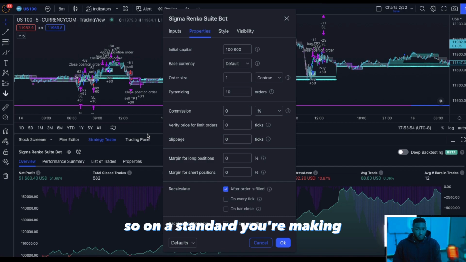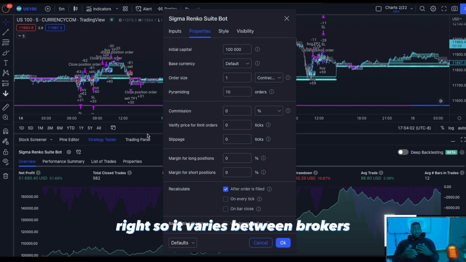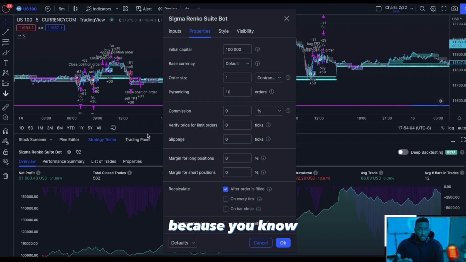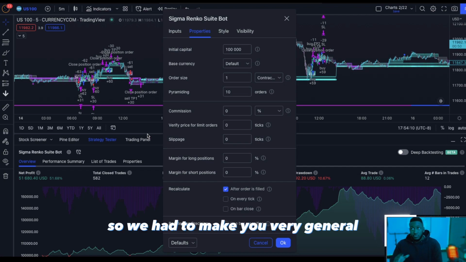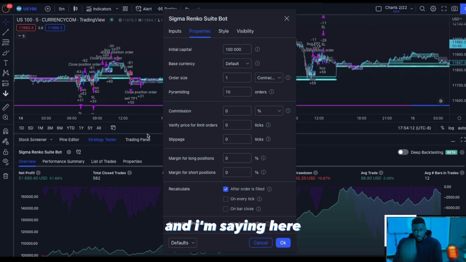So on a standard, what it's supposed to be is $100 per point because it's times 10, right? So it varies between brokers, and because I have a community around the world, people using different brokers, coming from different mentors, we had to make it very general. And I'm sitting here having to explain to you guys that on a $100,000 account, this makes sense here,